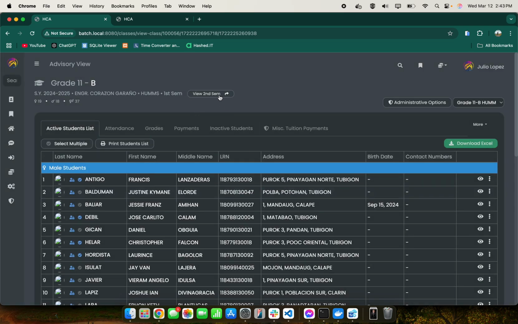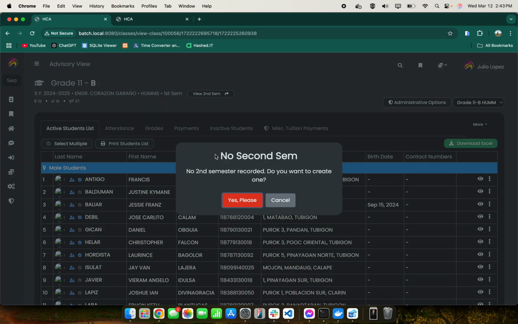It says view second sem, and if you click on that and it pops up saying no second semester, it means that there is no enrollment going on for second sem, or there's no record for second sem still on the system. So what you can do is click on yes please, but before clicking on that, before anything else, you got to make sure that